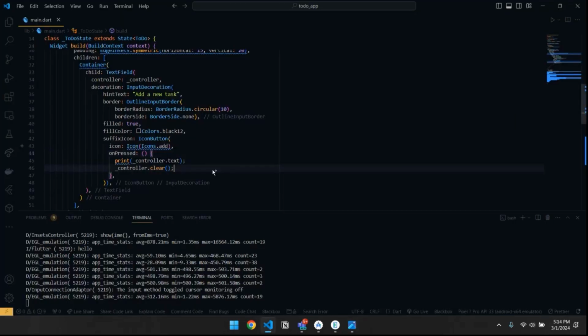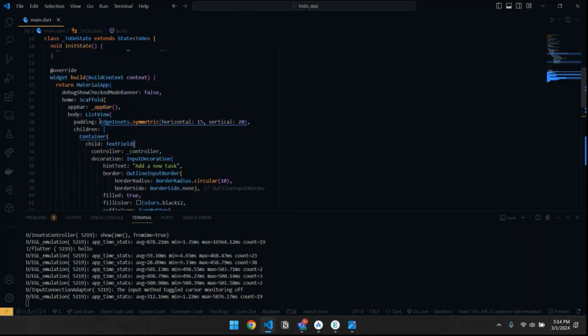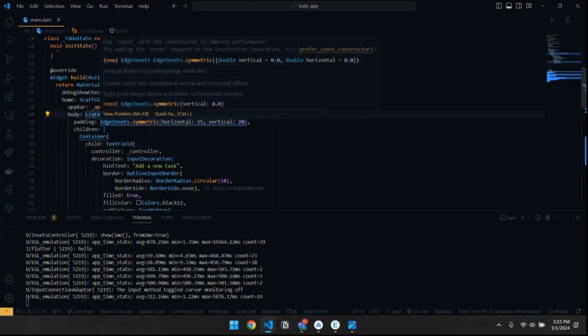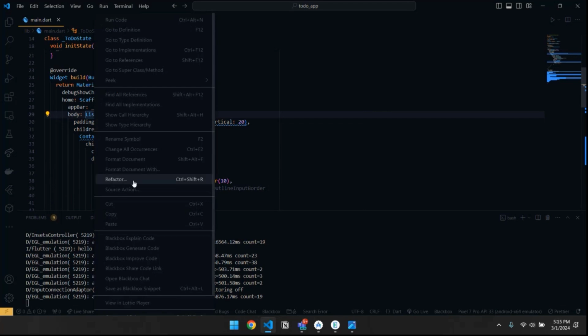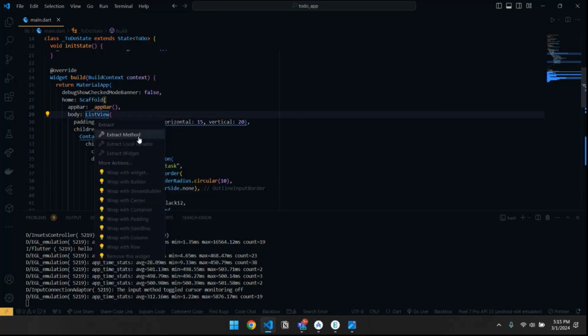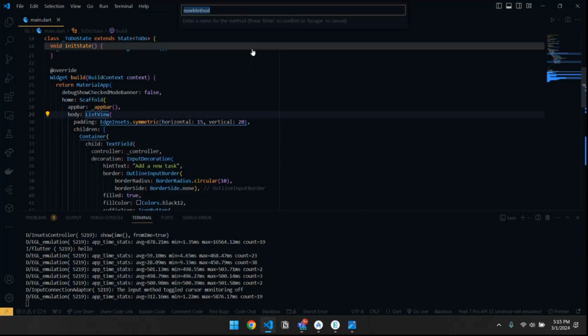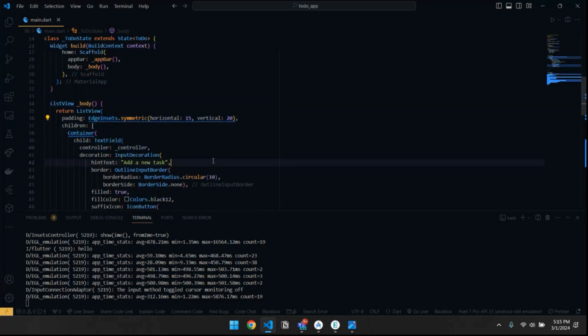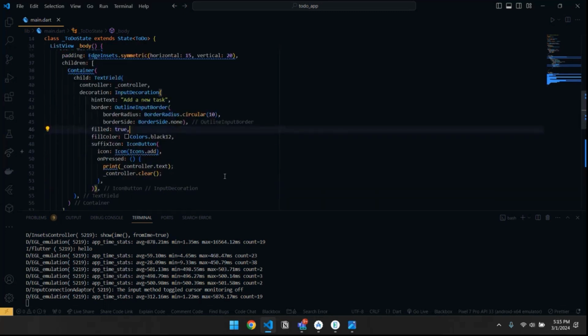So for that, even before that, this widget is getting a bit larger. So what I'll do is I'll just right click on it, refactor, and then I'll do extract method. I'll name this as body, and then yeah, it is getting separated out as a separate method. If this is much clearer to you, then we will